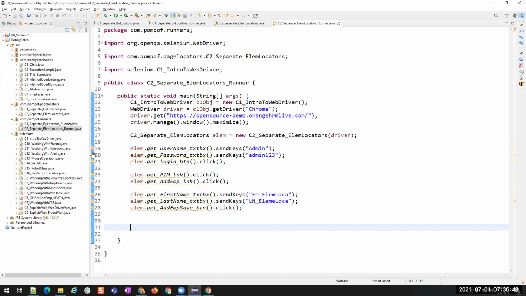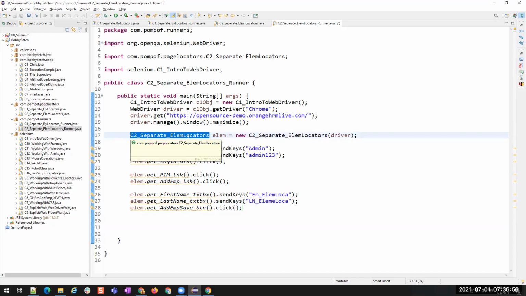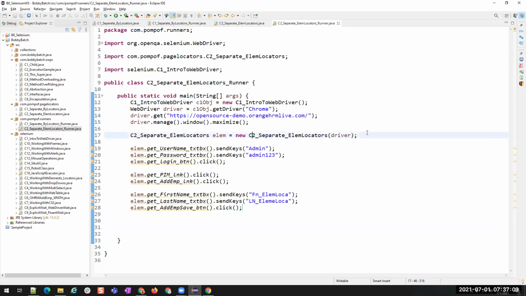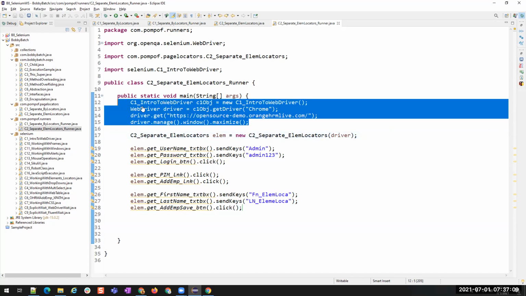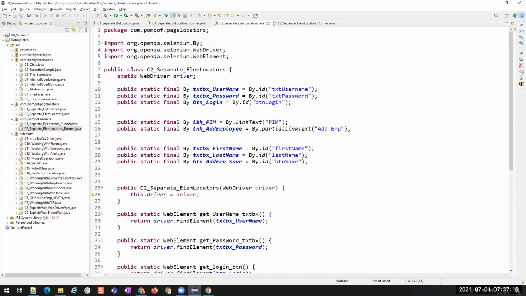Okay. If you don't want to see these warnings also, then you can use the class name directly. Or instead of having a constructor and passing the driver to the constructor and then calling those methods, we can have these lines directly inside this element locators class, on the constructor itself.